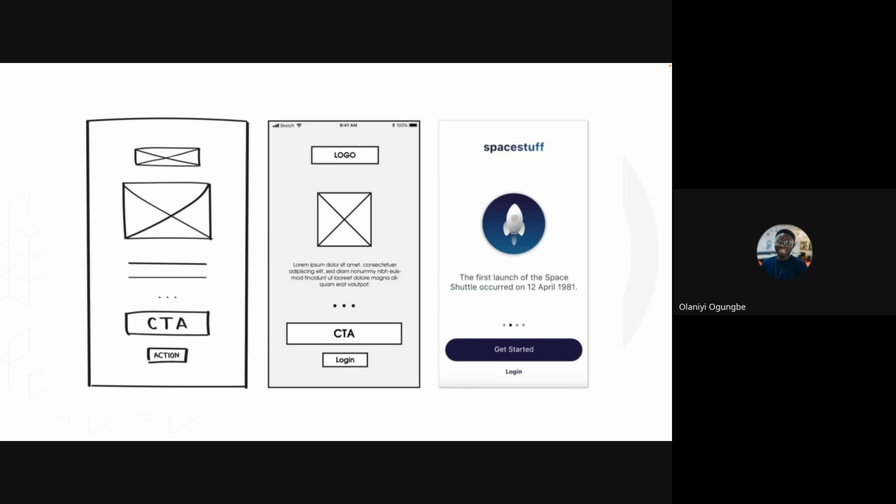It will cause a problem because when they click on a particular button or a particular place on the application, there will be nowhere for them to navigate to. So that will cause an issue.